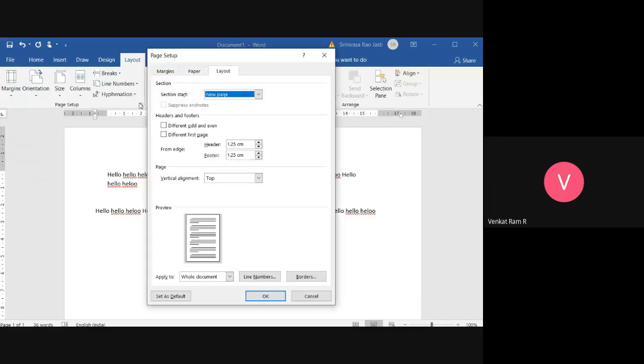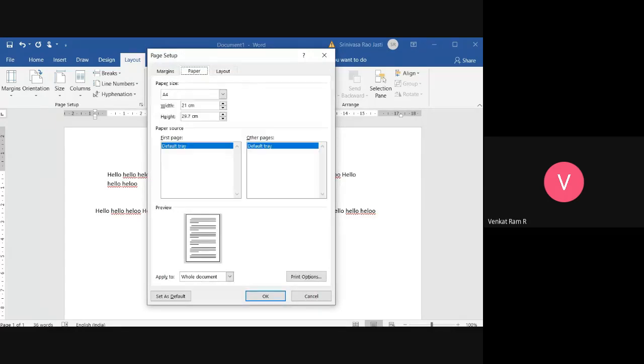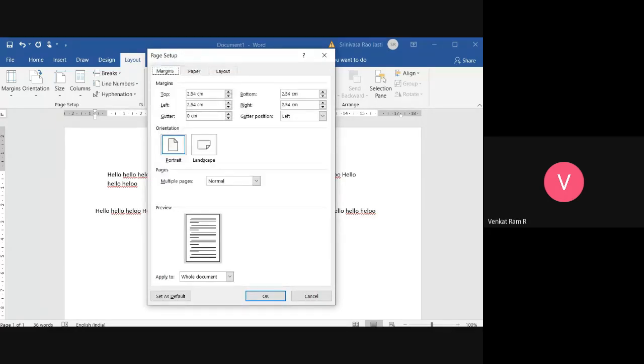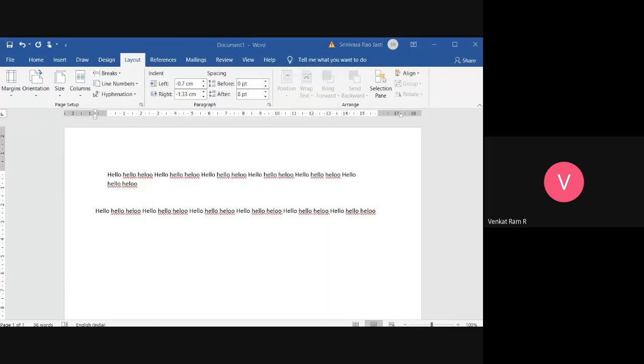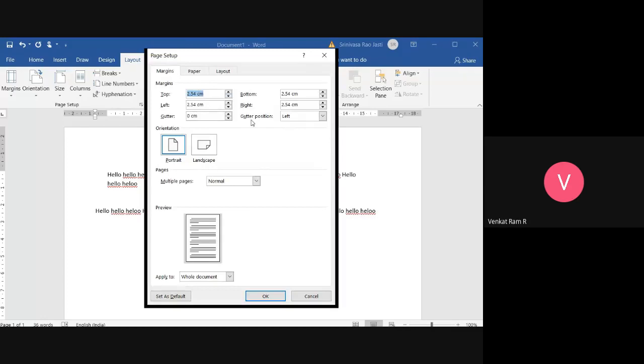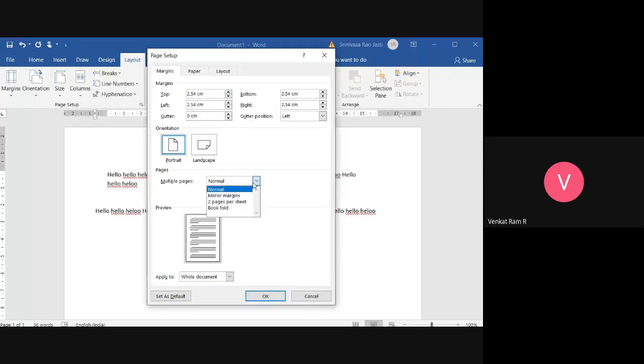Or else, if you didn't find it in paragraph, go here, and you can set. Yesterday we discussed margins also, like A4, legal, and letter. If you want to set the margins, just click on that corner and set the margins. You can give your default values.